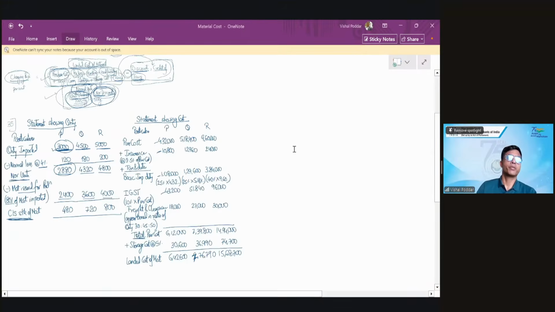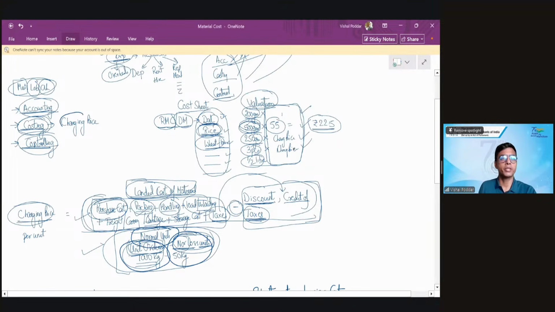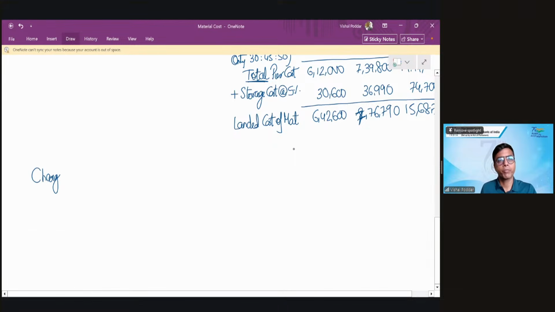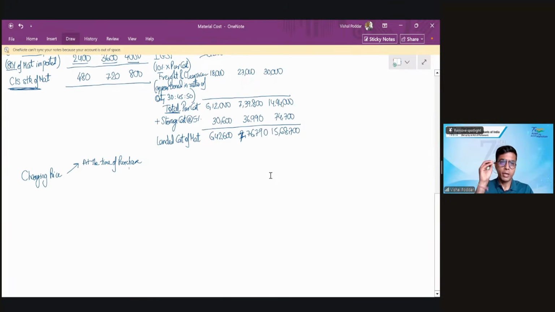So students, this is the first working of this particular topic, which is finding out the charging price, right? Now, interestingly, we find out this charging price twice. One, at the time of purchase. What we have just done, we calculated this charging price when we purchase the material. That is, at the time of purchase, I find out how much price or how much cost I incurred for this, right? Now, interestingly, you again find out this charging price at the time of